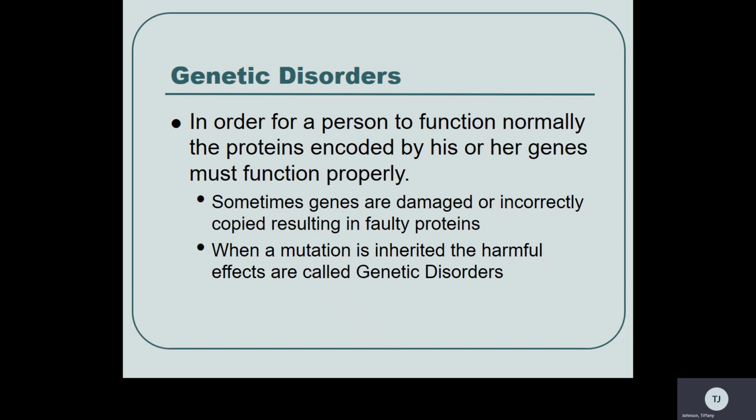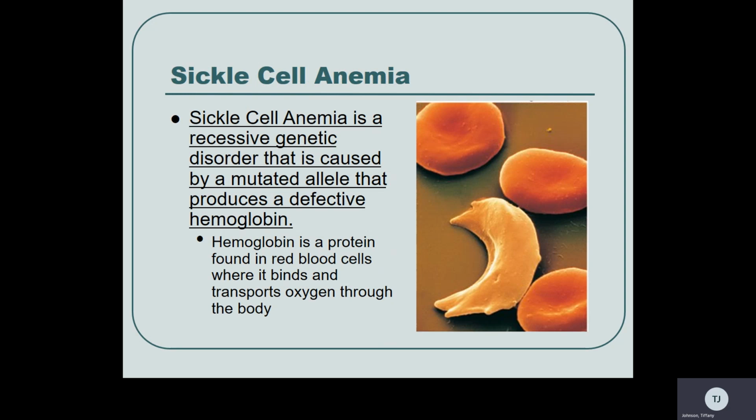So let's look at situations where you have a mutation in the DNA, which translates to a mutation in the mRNA, which then translates to a misfunctioning protein. The first one, and we've discussed this one before, is sickle cell anemia. Sickle cell anemia is a situation where you end up with a point mutation in the DNA that codes for